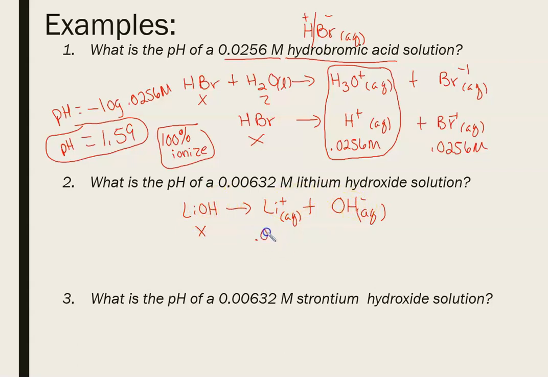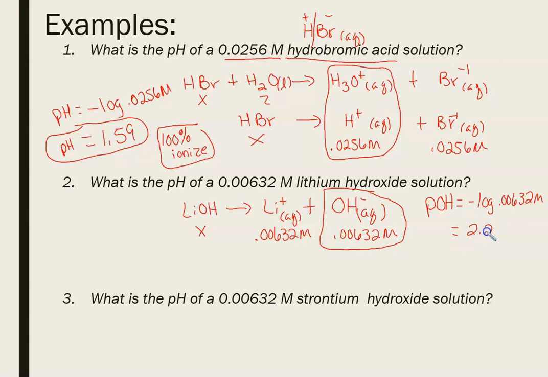So when it breaks apart, you're going to get 0.00632 of this and 0.00632 of that. Which one do you need for pH? Well, honestly, you don't need either one for pH. There is no formula that has lithium. There is a formula that has hydroxide in it. So I could find the pOH, because that's hydroxide, by taking the negative log of 0.00632 molar. And once I find the pOH, this comes out to be 2.20,